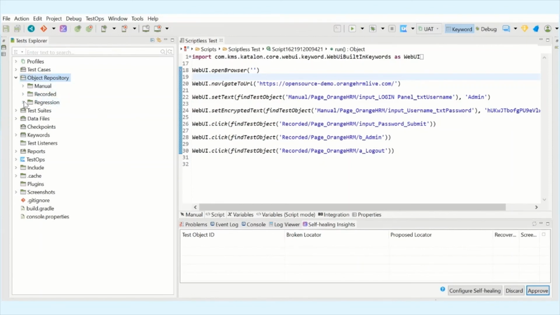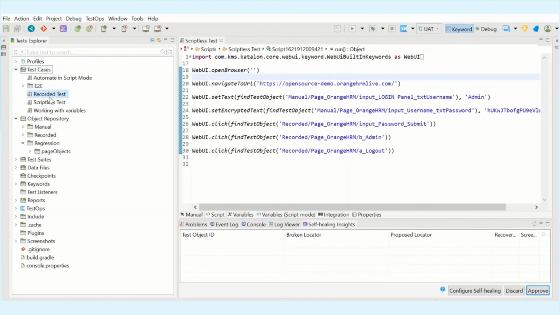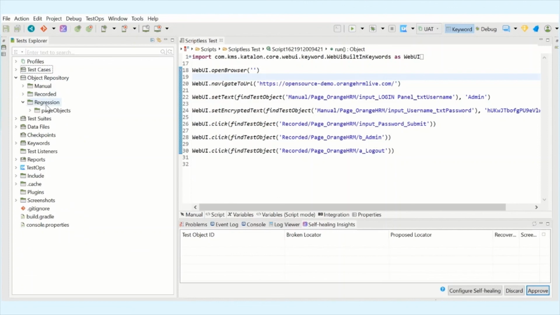All right, the important aspect of this is that we are separating the objects from the test cases, so that when there is a change in the object in future, you don't have to go to the test case and tweak it, which could affect the entire code. To avoid that, the objects are separated from the test cases so that you can change only the properties of objects and the test cases remain the same. In that way the maintenance will be easy, and this is called the page object model as well.